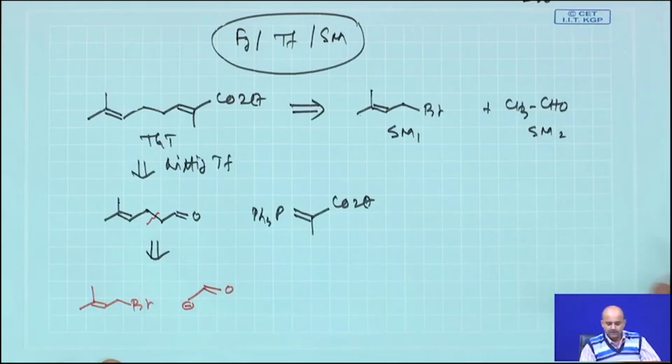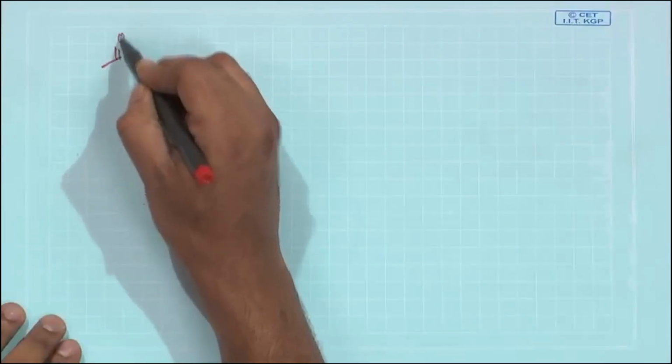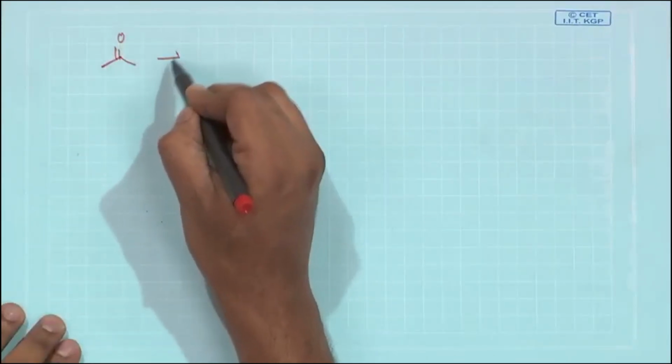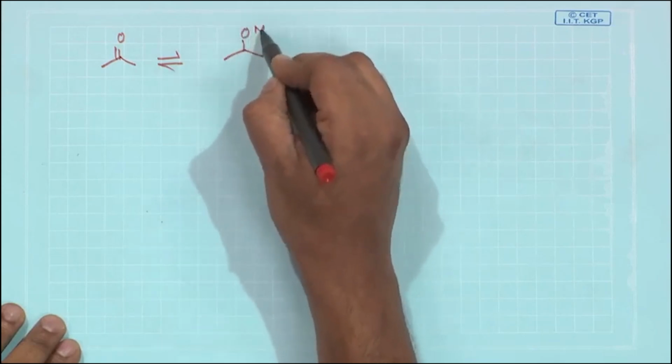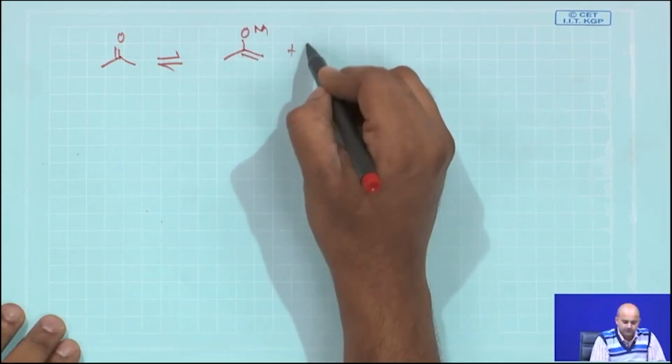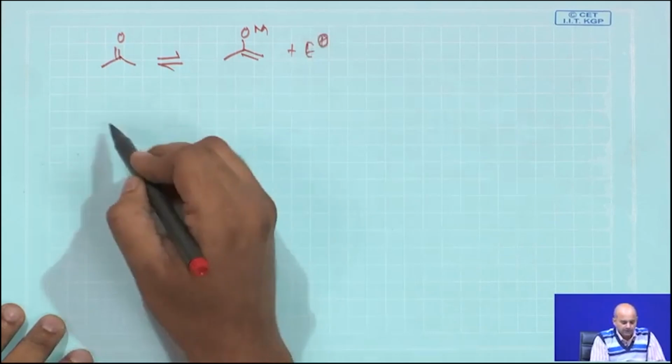Normally acetaldehyde alkylation is not very well known, whereas alkylation is often discussed for ketones. Ketones can be easily alkylated: you can generate the enolate very easily with a metal and do the alkylation with this electrophile. Now, acetaldehyde